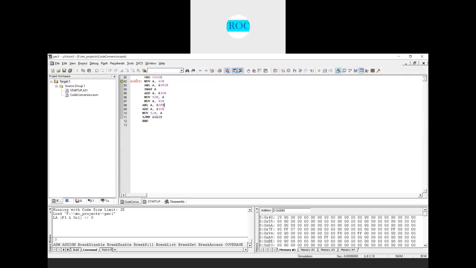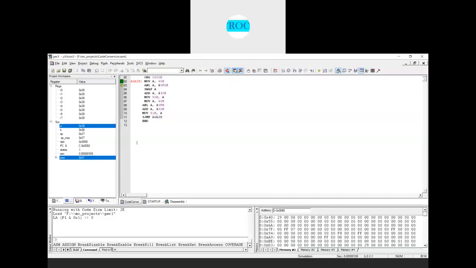So now, MOV A, 40H. Whatever content you have in 40H, that will be moved into the accumulator. In the 40H memory location we have 29; after execution it will move to the accumulator. So the accumulator is having 29 now.